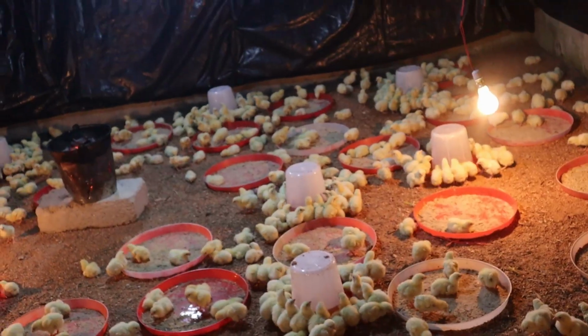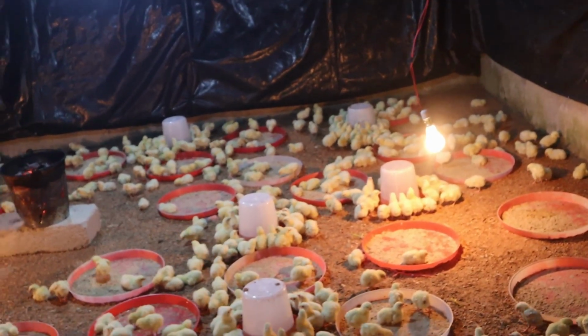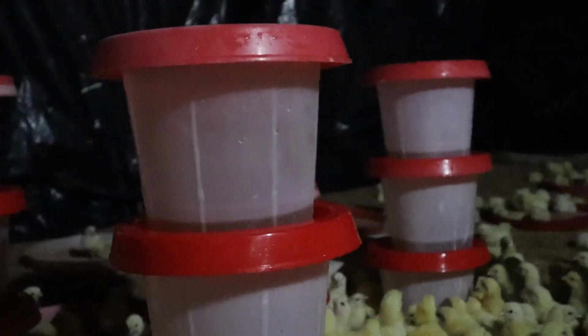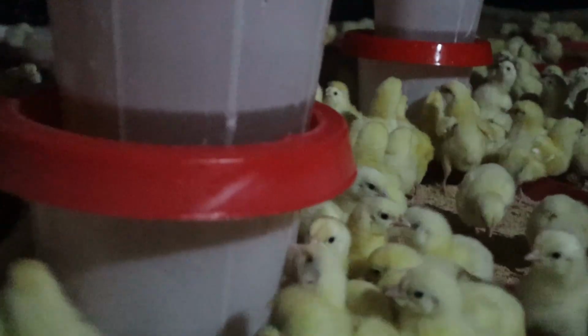Another point that is also important that you should take note of is feed and water management. First and foremost, make sure you give them clean water. You should use clean, cool water. Then you have to change it at intervals. I always advise people concerning water management and medication that you should give your chicks water that they can consume in less than 2 hours, at most 3 hours. The essence is that when you place the water in the brooder house, and medication is inside,